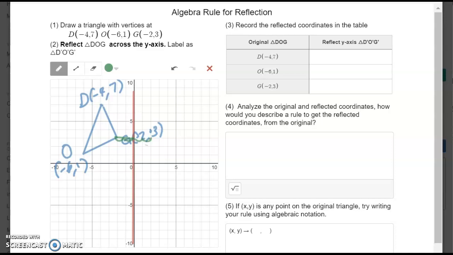This is going to be my G prime, and it's going to have the coordinate of 2, 3. Okay, and then O prime, let's see how many units, 1, 2, 3, 4, 5, 6 units away. So from here, 1, 2, 3, 4, 5, 6, this will be my O prime, and it's going to have 6, 1,